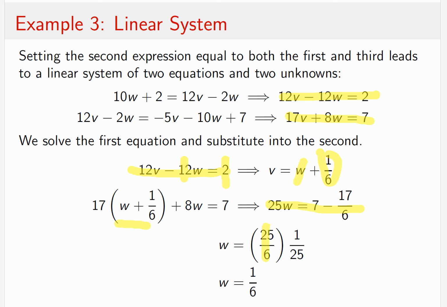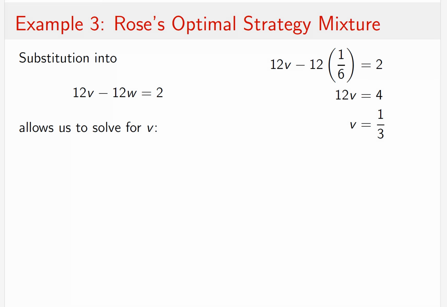Where is the 25/6 coming from? Well, if you get a common denominator, 7 is equal to 42/6, and 42 minus 17 is 25. So this is actually just doing the arithmetic here. Notice then we have numerator canceling with the denominator, right? So w equals 1/6. All right, and jumping forward,